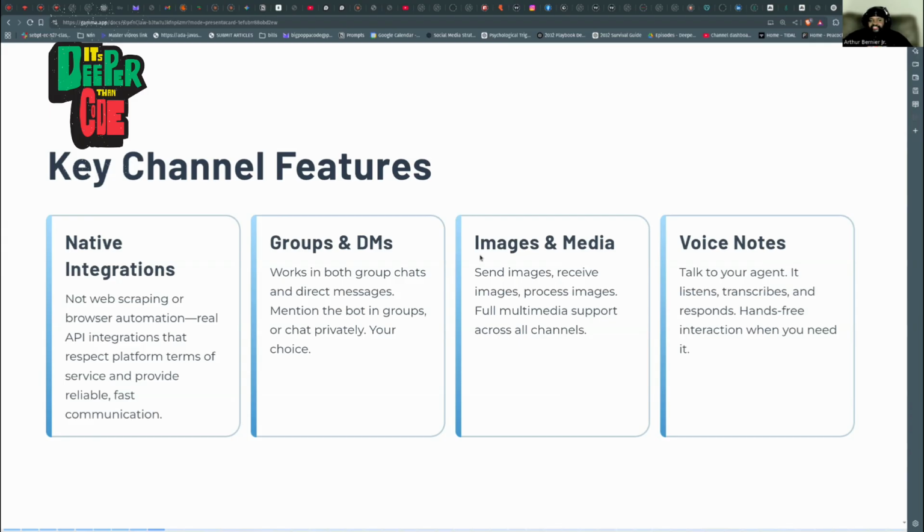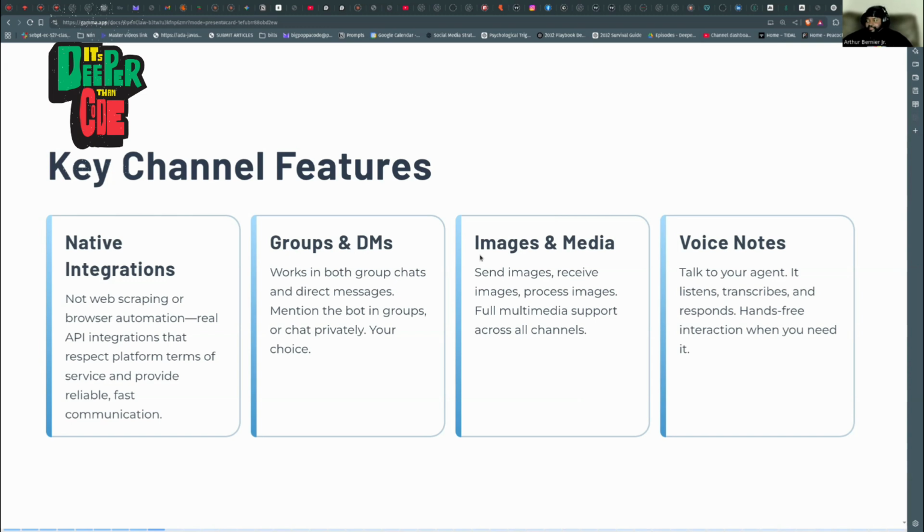You can send images, media. Basically, you could treat it like ChatGPT. It's just that ChatGPT doesn't go out and do stuff for you on your computer in an easy and reliable way. Even though they did try to set something like that up a little bit, it doesn't really work on your machine or on your device. But this is basically if ChatGPT had access to your entire computer.